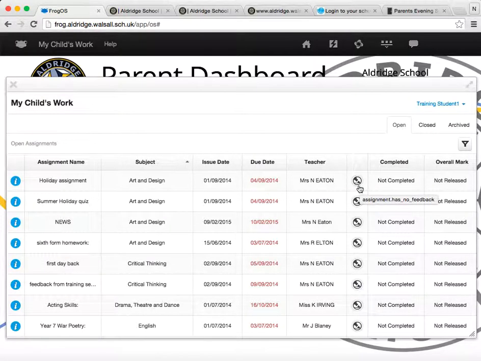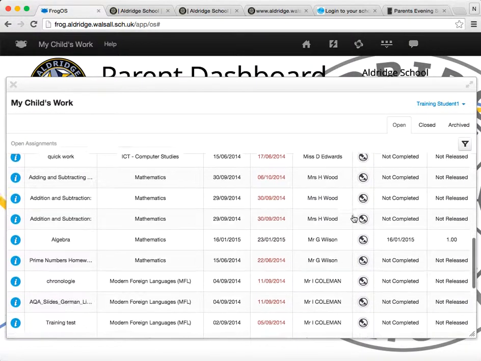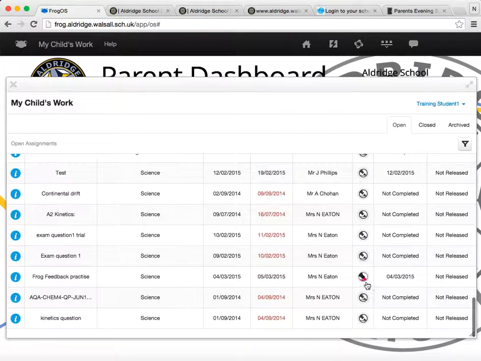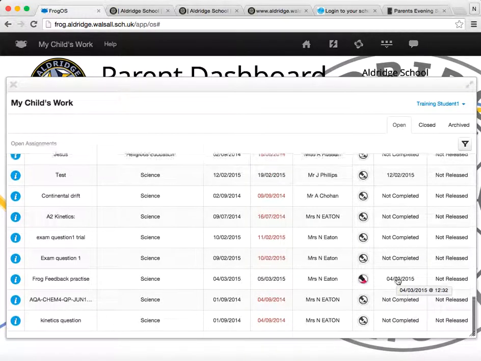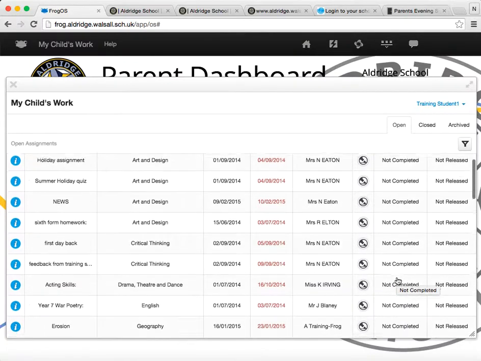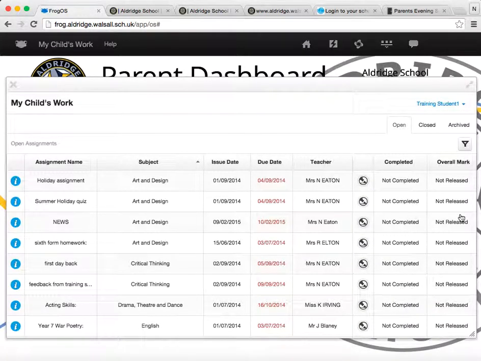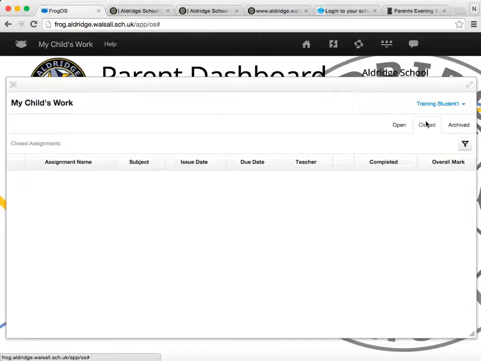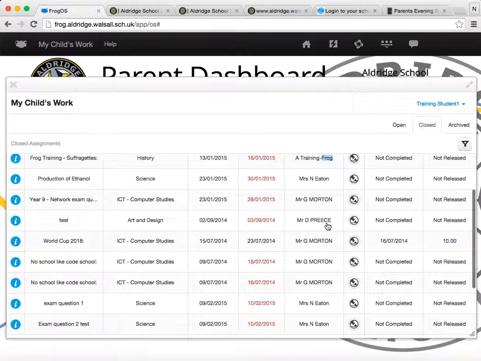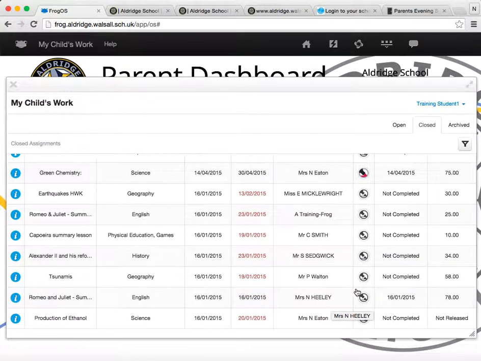Now here we have an icon that is all about whether the work has had some feedback written on it. So if the child has had some feedback on it, that should be highlighted in pink, as you can see in this case here. It will obviously then be completed and the marks then released. Once the marks have been released, the member of staff will close the assignment. So we'll click on Close Assignments, and you can backtrack to see previous assignments